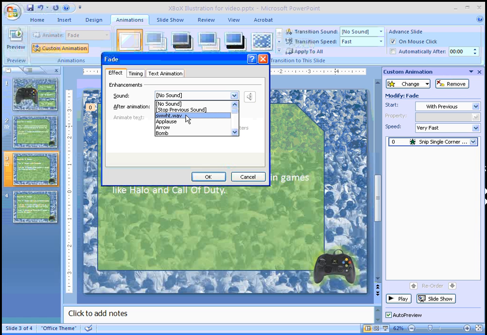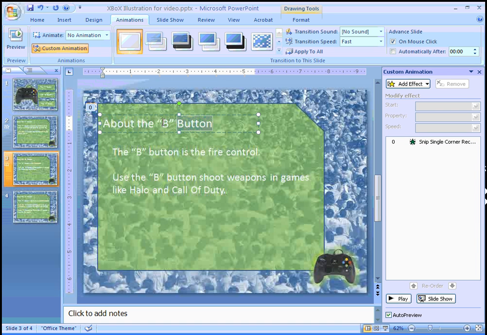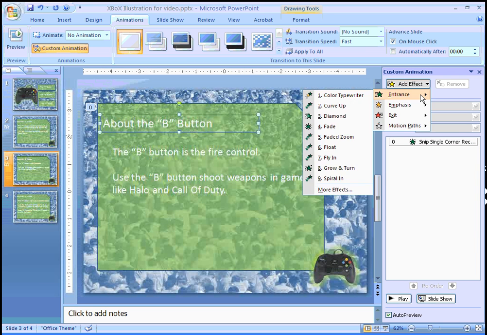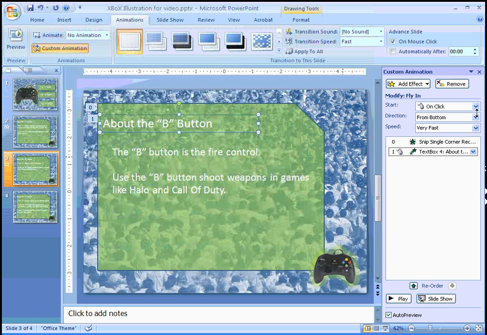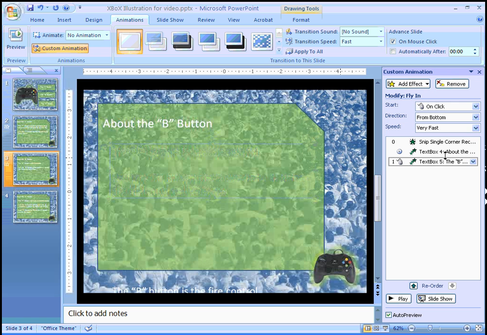since I've already selected my sound, it's now populated my drop-down box. So it's kind of keeping track of it for me, so I don't have to go browse for it. I can just select it and again go through. Let's choose this text box, add an entrance effect. That was to fly in, and after previous, the next one we're going to add the same one, an entrance effect of fly in,